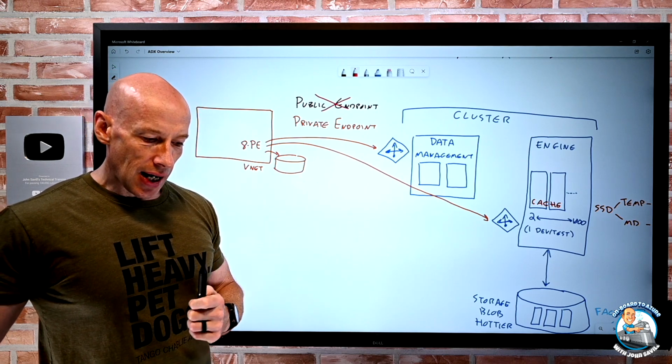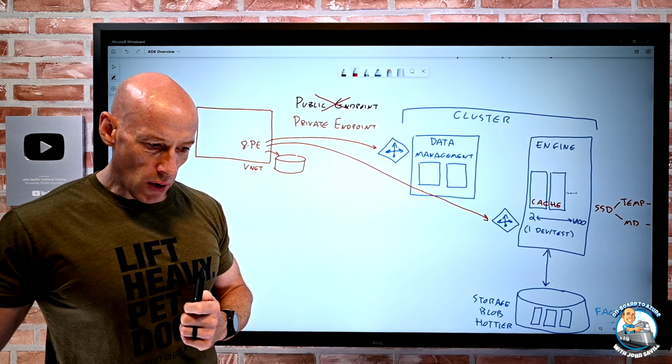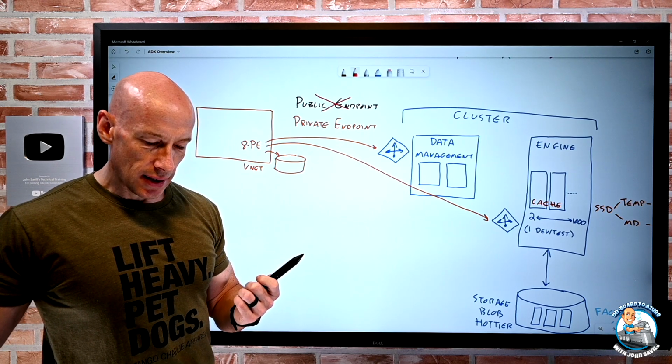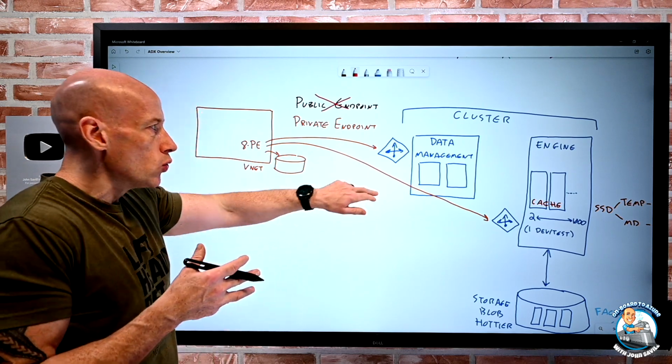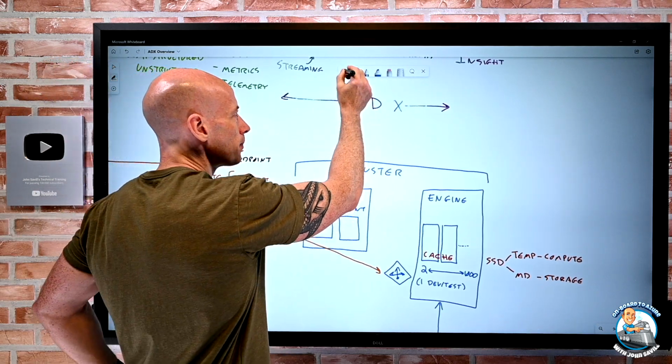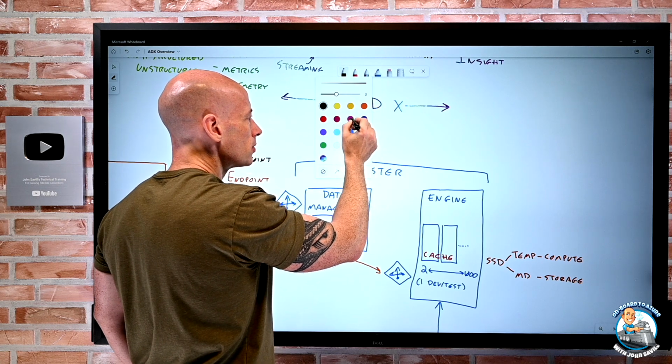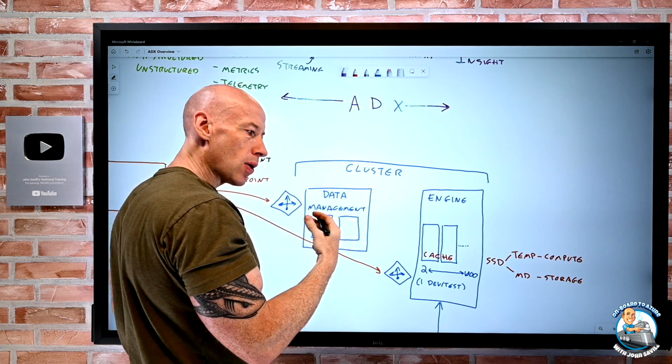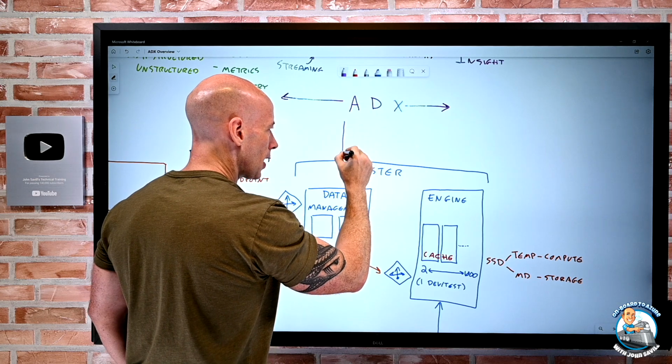Now, once I have the cluster, I have to create a database, and those databases will use the available resources. So I've got my cluster. The next step would be to create one or more databases. So on top of the cluster,